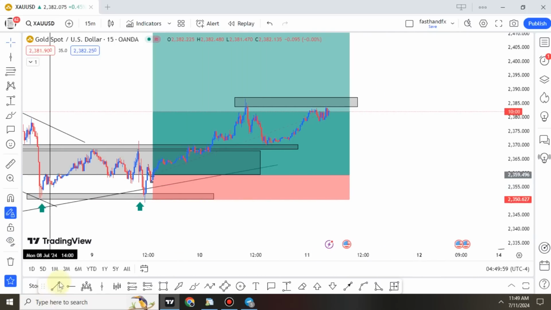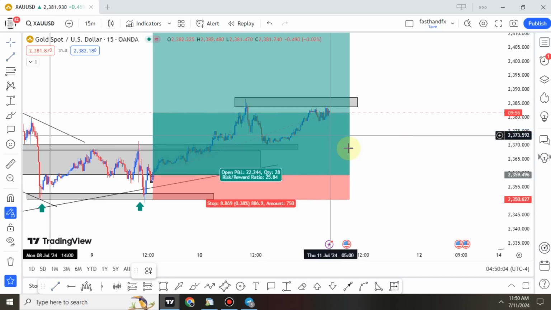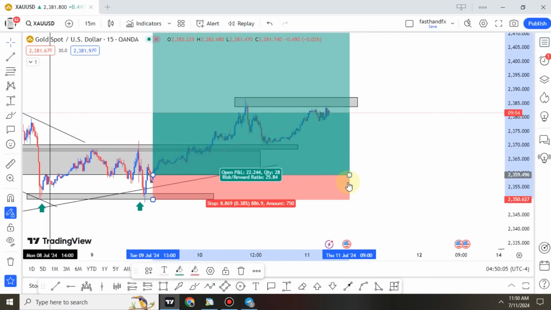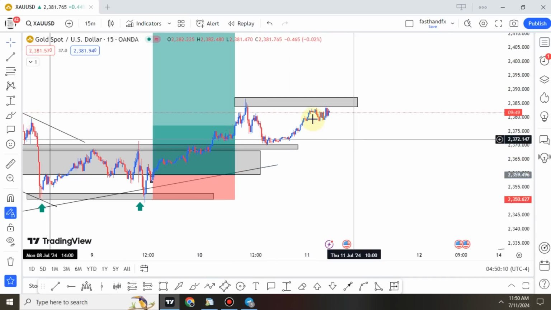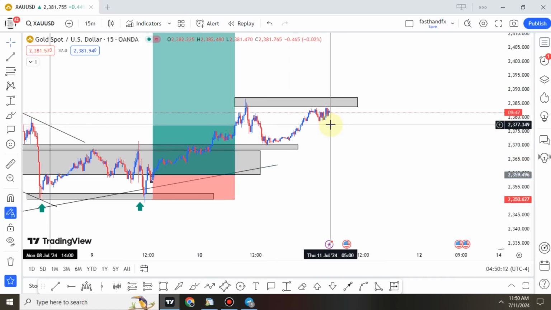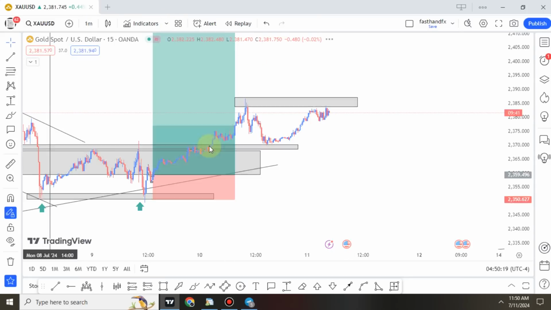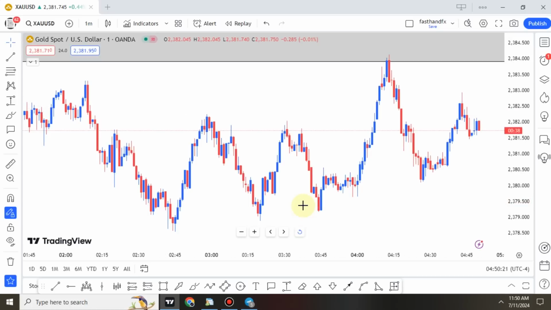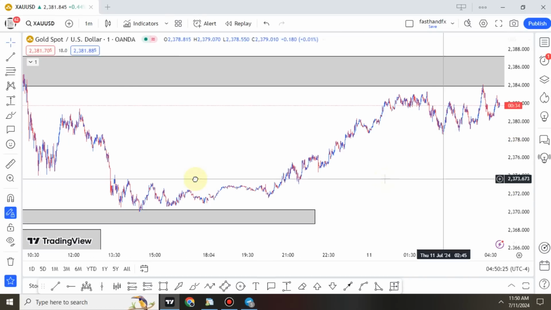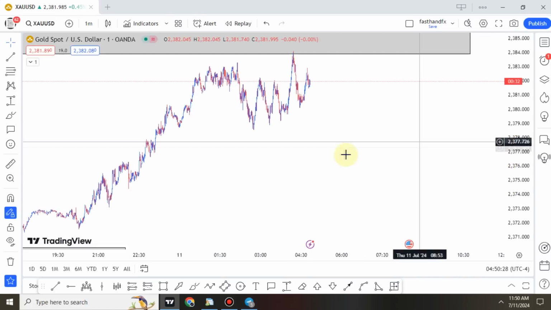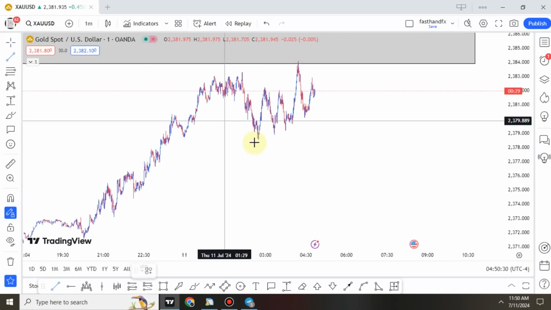So the thing is, take this as another opportunity, right? In fact, let's just take it to the 1 minute right here. We need to understand what the market is going to do at that resistance level. If we see a continuation pattern, a bullish flag once again, get ready for buys. And before you take a buy, the policy states no reversal, no trade, right? So for now, nothing. I'm not seeing any